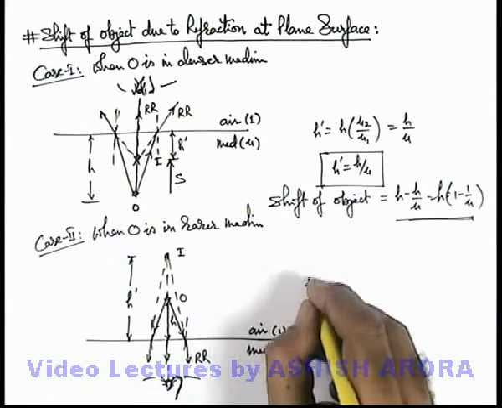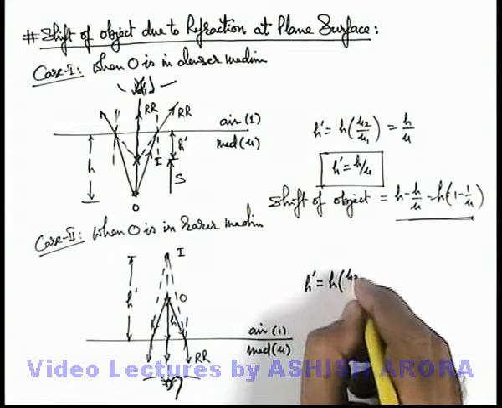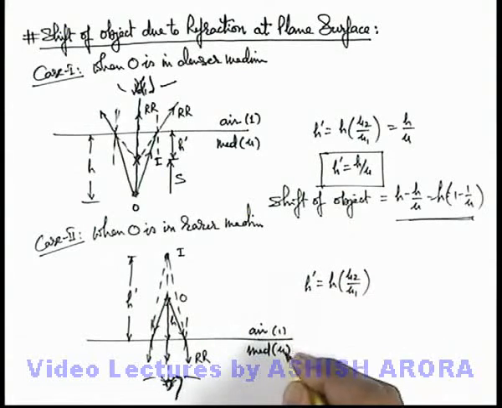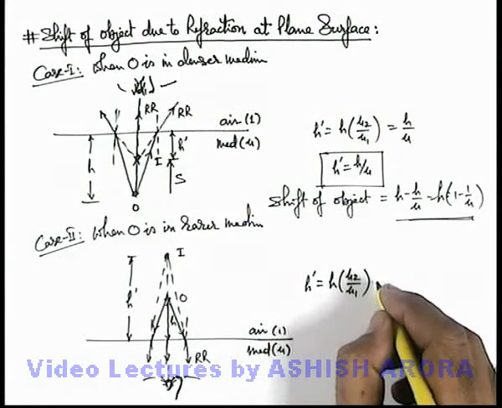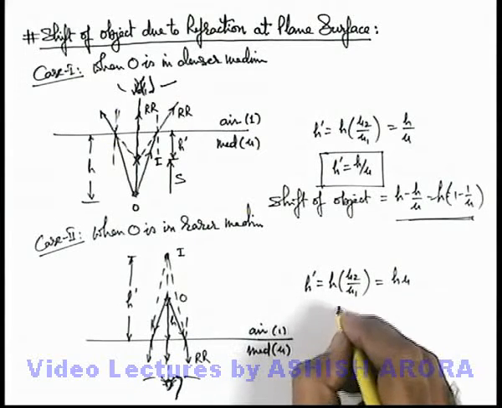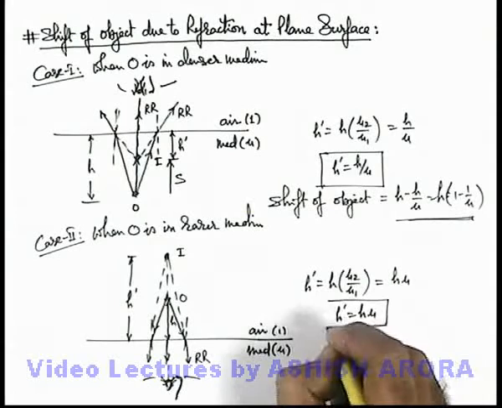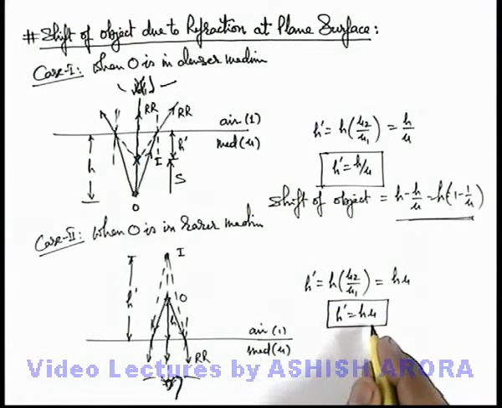Here again h prime we can write by using the relation of refraction formula h multiplied by mu2 by mu1. Now in this situation here mu1 is considered as mu and mu2 is 1. So this will be written as h mu. So the image position will be at a distance h multiplied by refractive index, that will be more than that